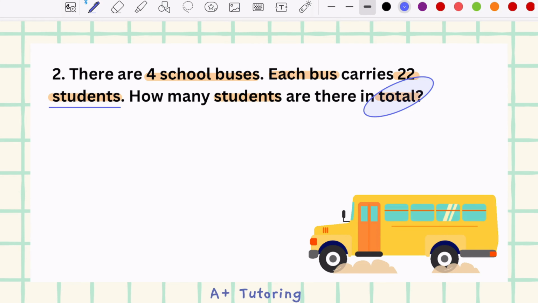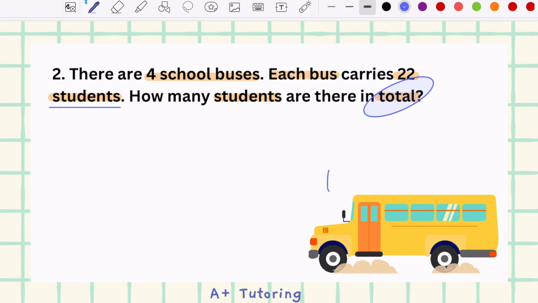Okay, now it's time to think about which operations you're going to be using. There are a couple of ways to figure this out, and what I always say to my students is to do what's easier for you, especially when you're still getting the hang of things and learning to dissect word problems. So, just to dissect the question a bit